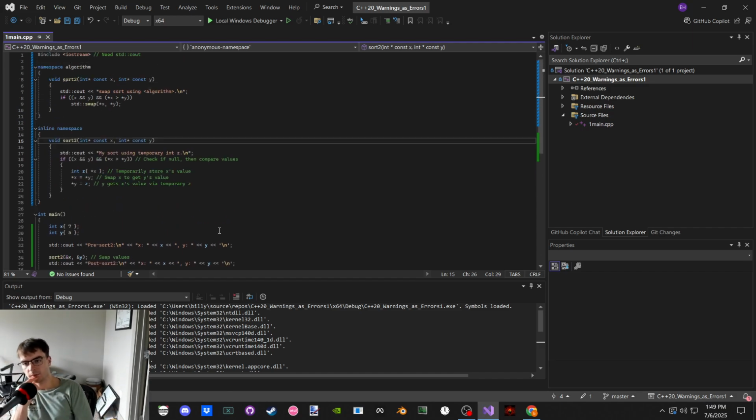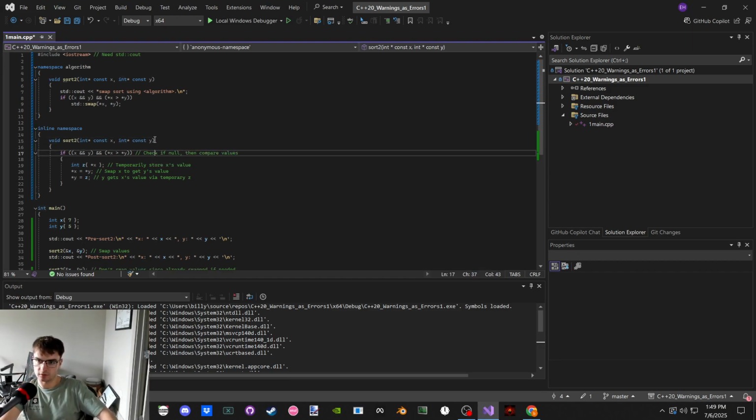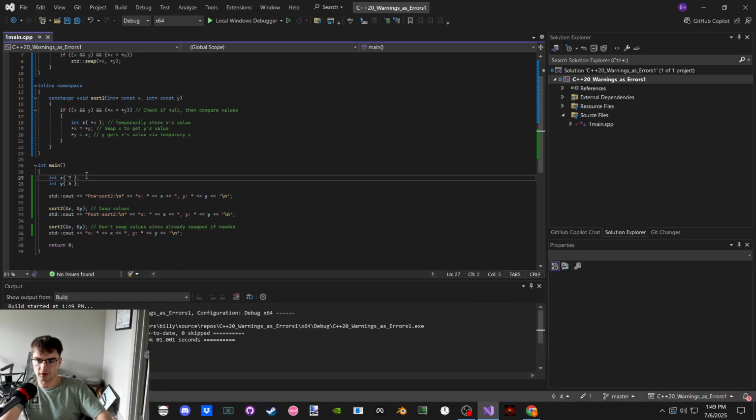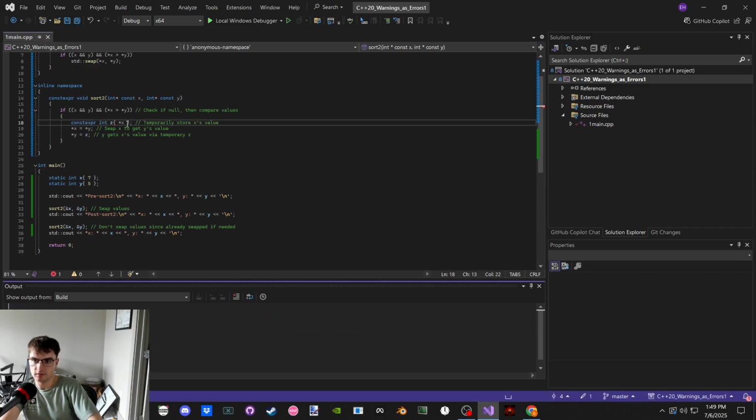They can't be non-const. They can't be constexpr. Well, they could be if we're not outputting this guy. So if we just delete via control X, this can now be constexpr. So can this. But that only works, I think, if these guys are static, because then they are known at compile time, and thus this guy, I think, needs to be too.